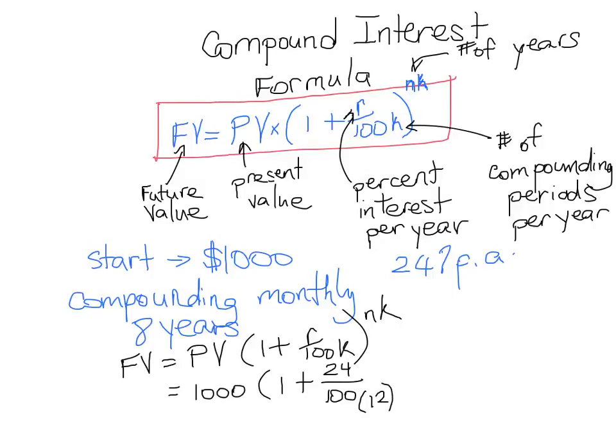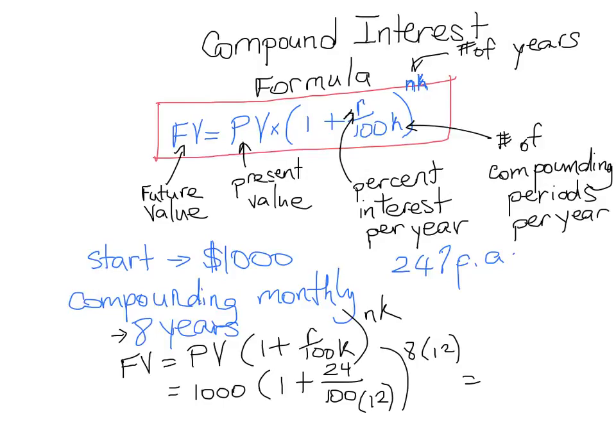It's compounding 12 times per year, monthly. Raised to the NK power. So N is 8 years, so N is 8, and K still is 12. And then to figure out how much you have at the end, you type all of that in your calculator, and your answer should be